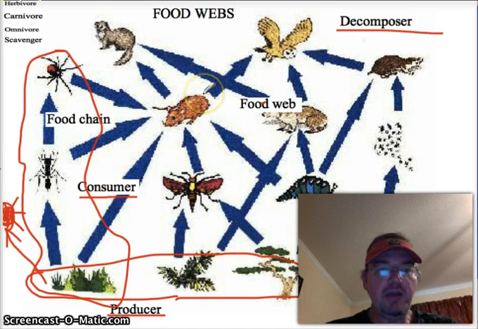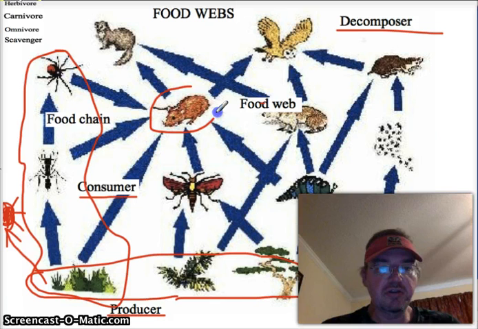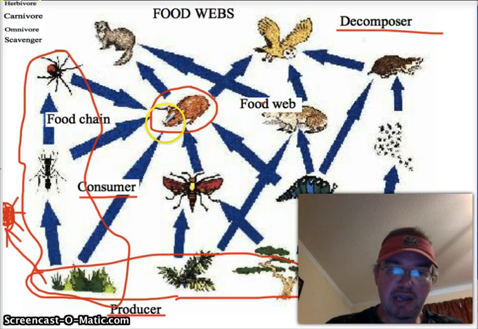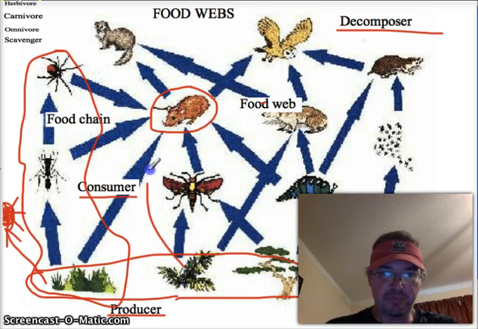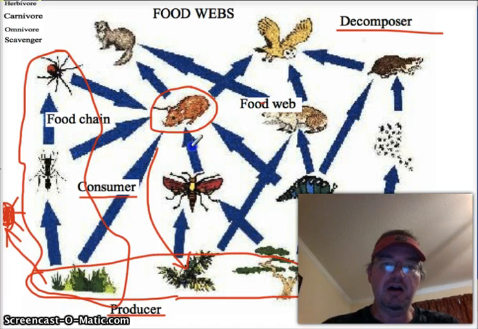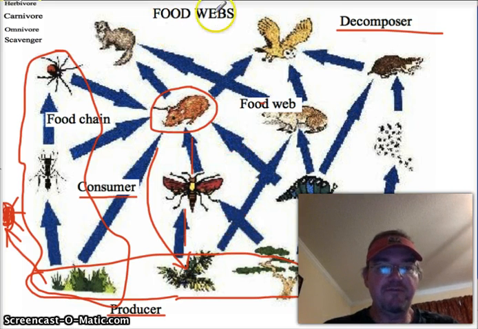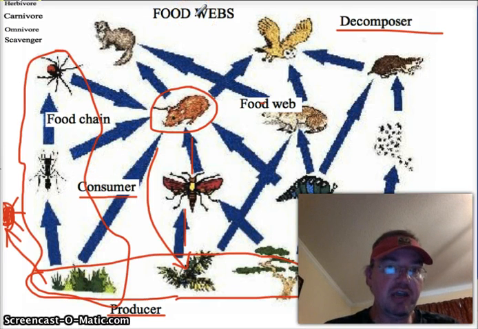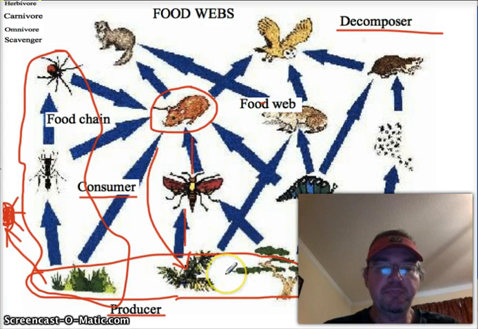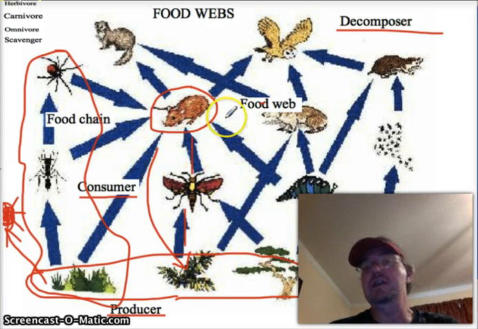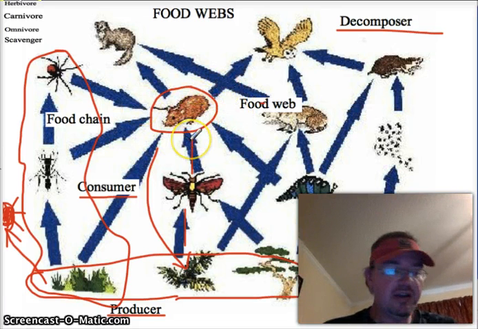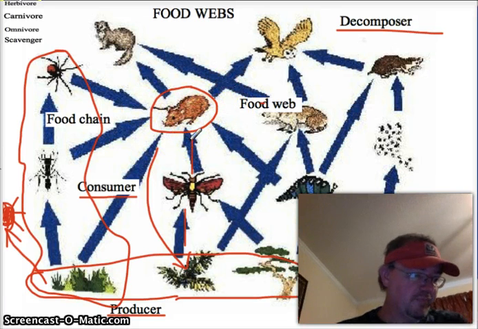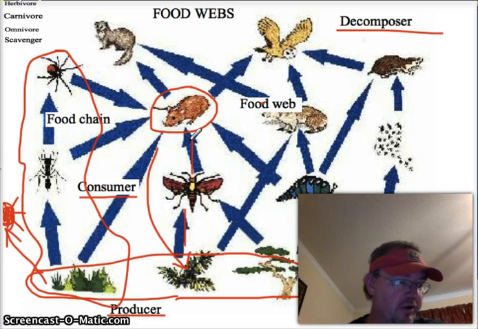But this food web here, you can see this mouse is a good example here in the middle. This mouse could be an animal which would eat the plants and be what you might call a first level consumer. Or in this case, it ate the moth, which ate the plants. So in the real world, you have more of a food web than you have a food chain because, I mean, even we as humans, the top of the food chain or food web, can eat plants or we can eat all these animals which have eaten the plants as well. So food webs are more a real life actuality of what's actually going on.